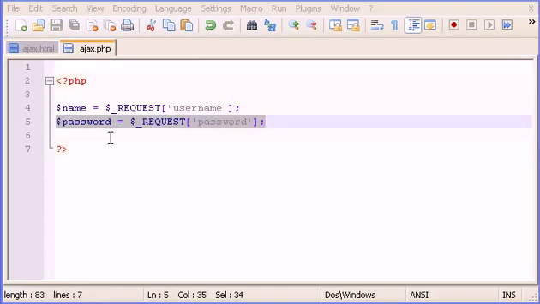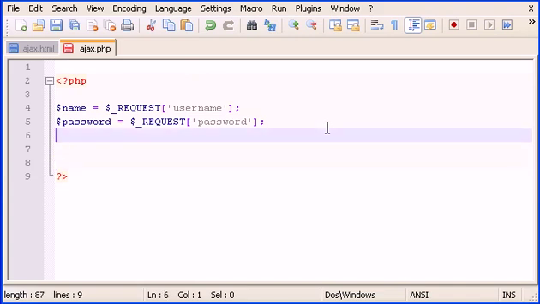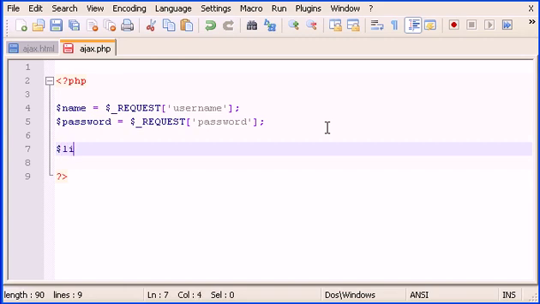Okay, so we are done for now, and now let's complete the PHP file. So now we have this, and what I'm going to do now is create a variable called list. It's going to be equal to an array, and I'm going to call this name. So I'm going to create an associative array, and then encode it in JSON format to return those values to our jQuery script. Okay, so name, and here we can type password,